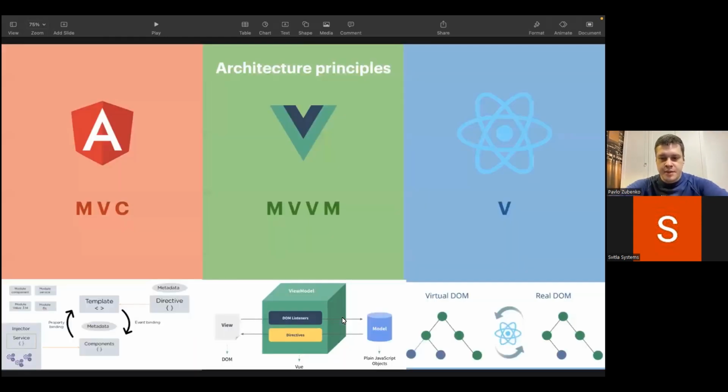So from history, we see that those main three players appeared, and the ideas that they presented were really different in how developers should look at them. All of them started being called frameworks, and in my opinion, that's a problem. Angular appeared first. Angular brought the full tool set that you probably need in your project, with built-in systems, different applications, different libraries, patterns, and so on.